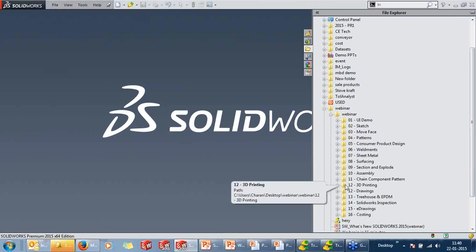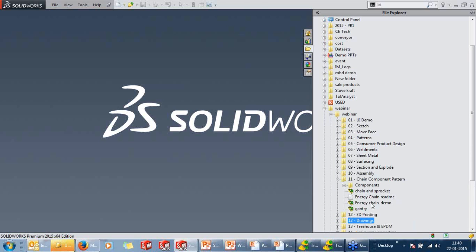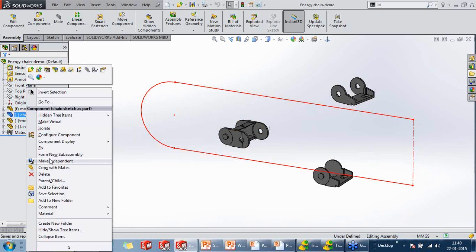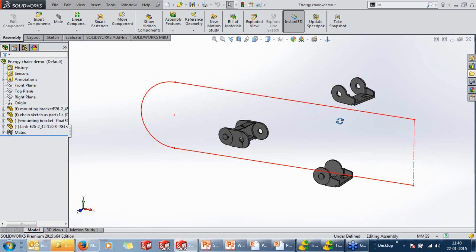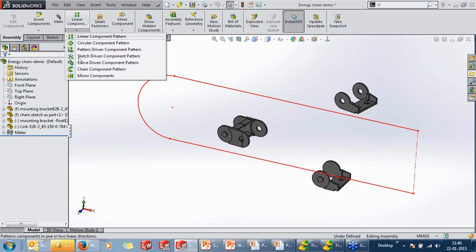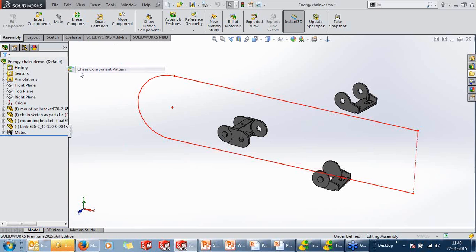Going into SolidWorks chain. To replicate the same, I have some components in here. I have 2 brackets and I have a link. I also have a sketch for it. I'll keep this sketch fixed. As you go into patterns, you have a new option called chain pattern.